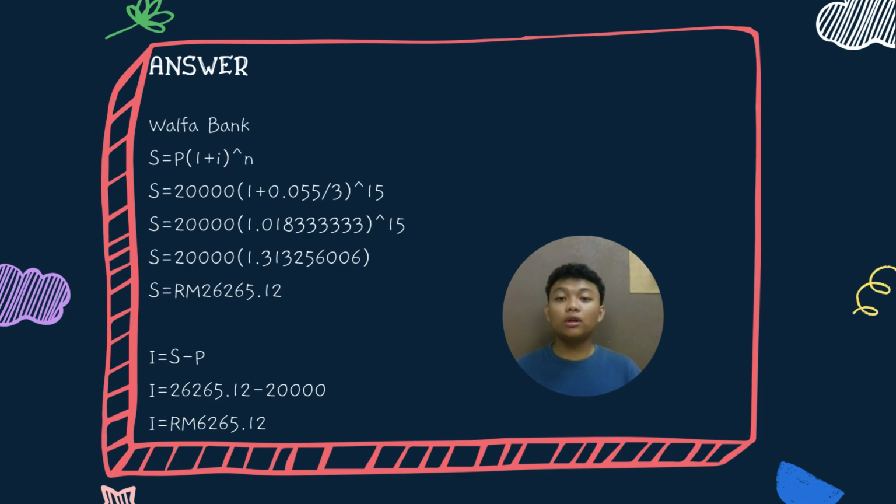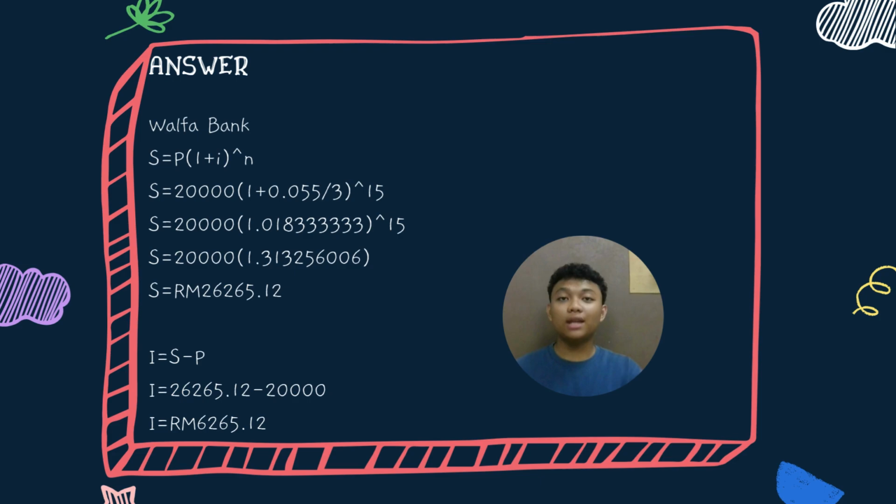After that, we're going to get 1.018333333 power of 15. After we power it, we're going to get 1.313256006, and we times 20,000, and the last answer is 26,265 and 12 cent. For the next step, we use I equals S minus P. So 26,265 and 12 cent minus 20,000, we're going to get